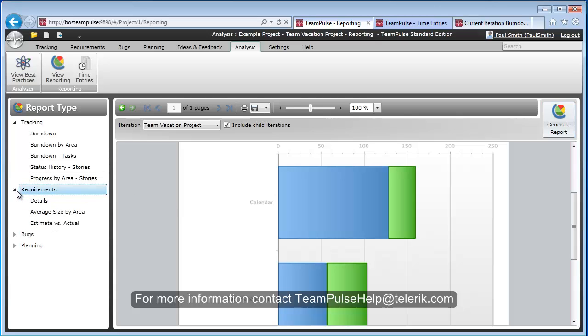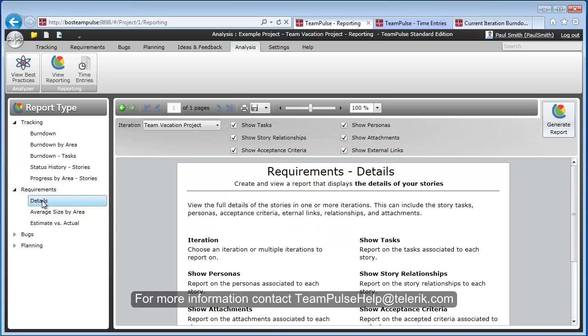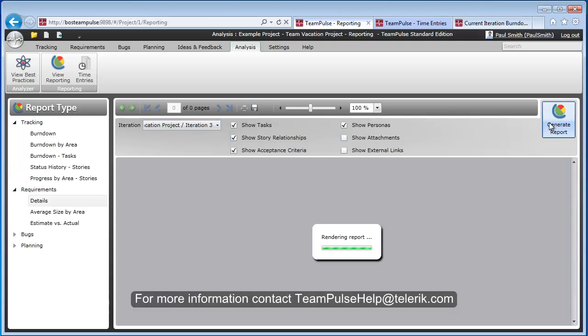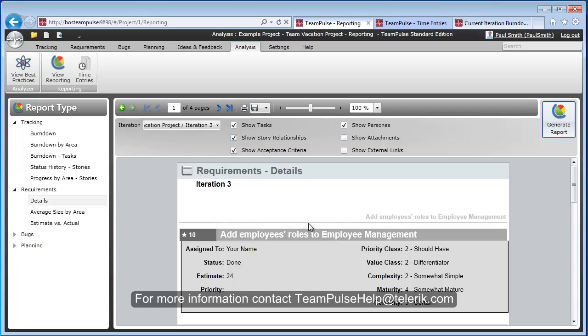The requirements section contains a detailed report of requirements, and I can go ahead and choose what I want to see. Maybe I don't need to know about external links or attachments, but I'm curious to know the tasks, the relationships, and acceptance criteria, as well as the persona. So I'll go ahead and run this, and I'll run it for the current iteration. This will give me a detailed report of all the different items inside of this iteration. As you can see,